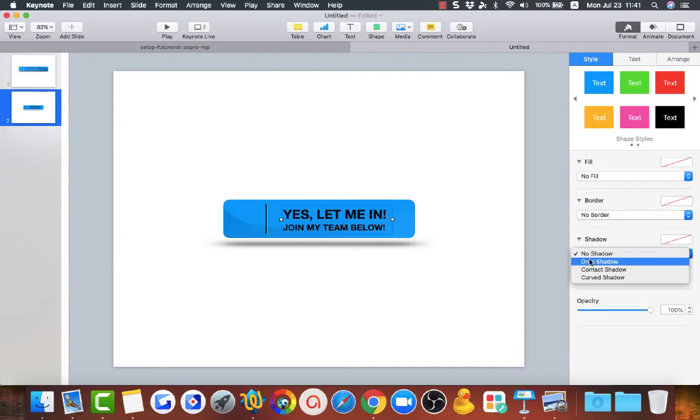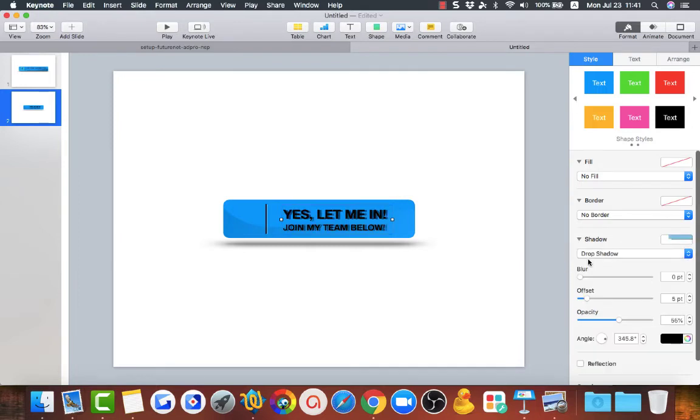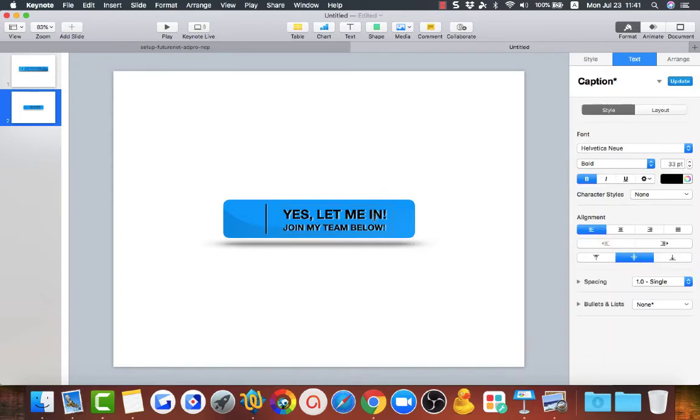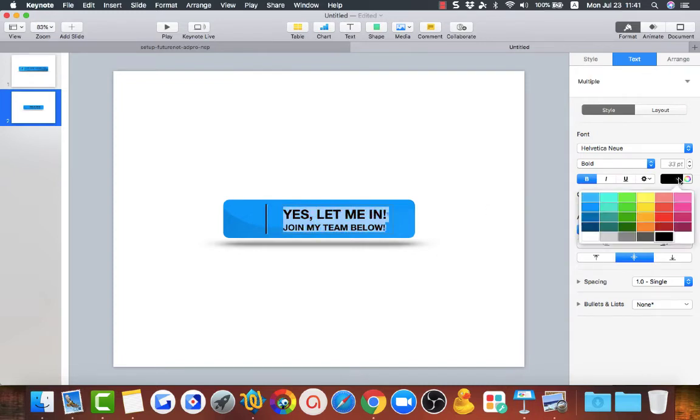I'm just going to do a shadow, but again what I'm going to do is do a kind of an offset again. I mean a kind of an indent like I did before. I just changed the